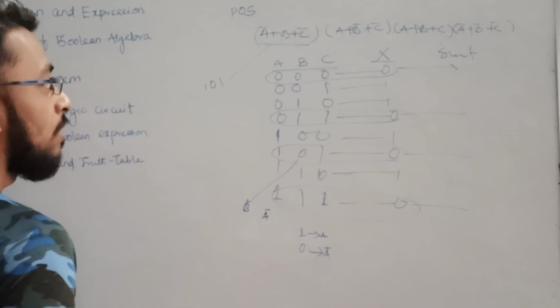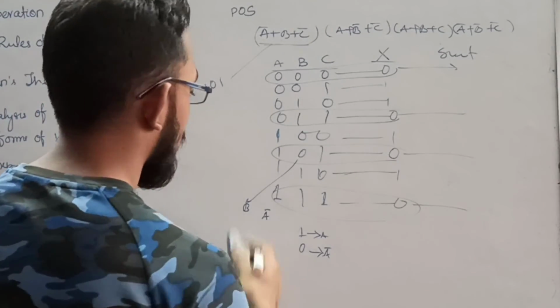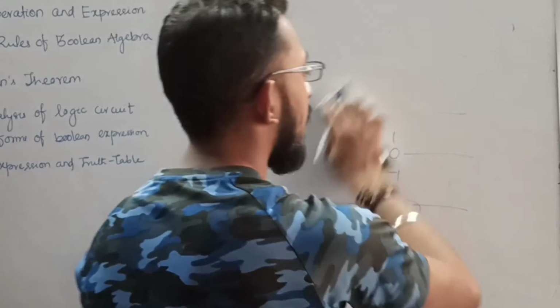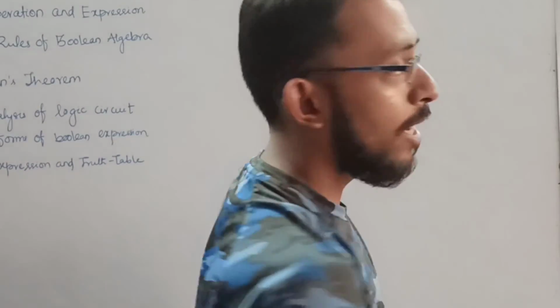Okay. So this is all about your Boolean expression and how to convert it into a truth table. And with this point we have completed this chapter, that is logic gates and Boolean algebra. Along with that, we have completed our third module also. Okay. So our first and third modules are both completed.